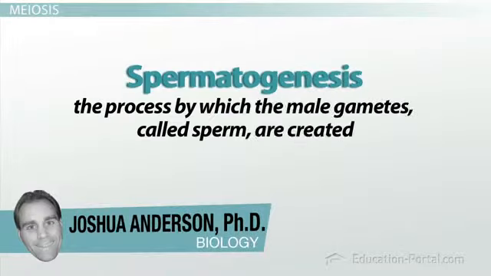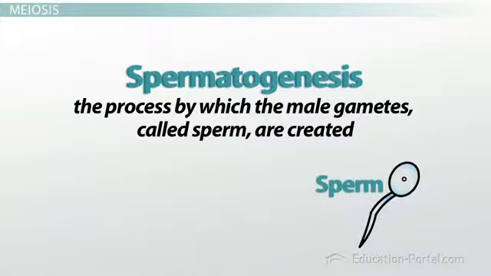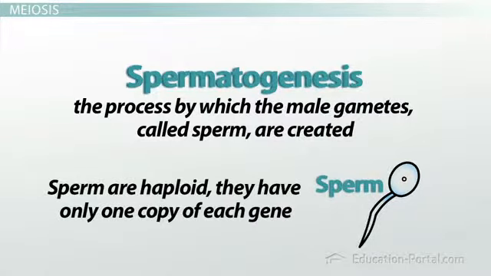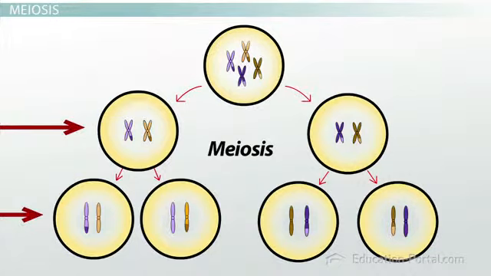Spermatogenesis is the process by which the male gametes, called sperm, are created. Now you may recall that in order to create sperm that can combine with a female gamete, each sperm must be haploid and contain only one copy of each chromosome. You may also remember that in order to create haploid gametes, a cell must go through the process of meiosis, which involves replicating its genome and then dividing not once, but twice, in order to create 4 haploid gametes from